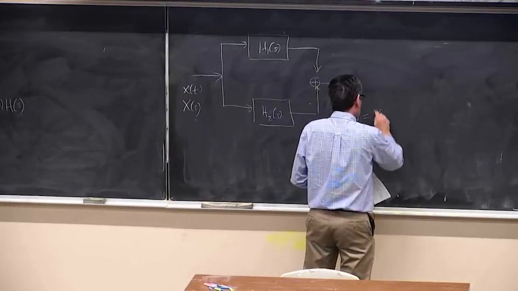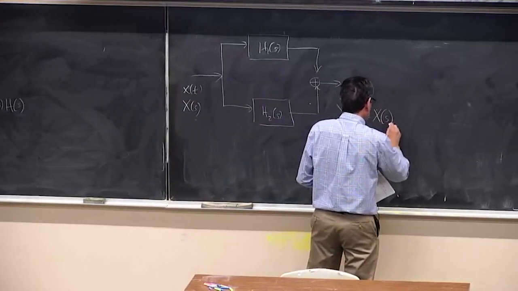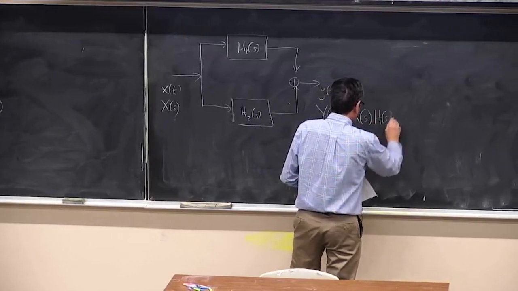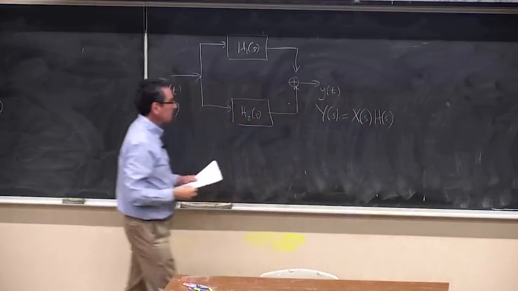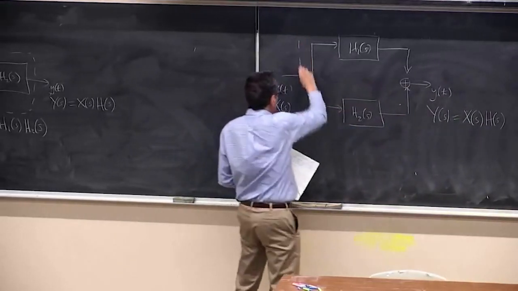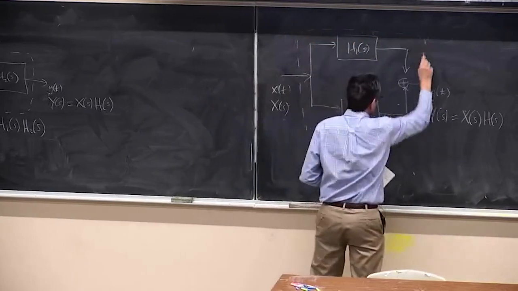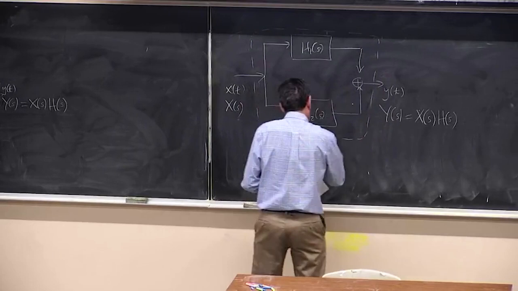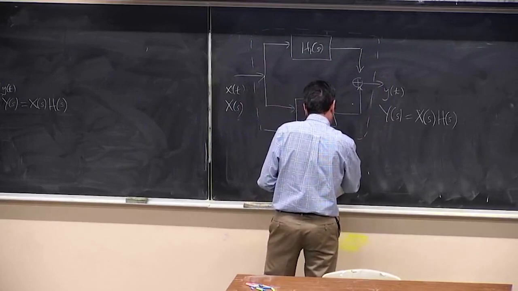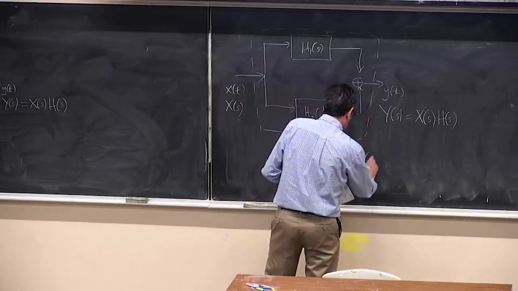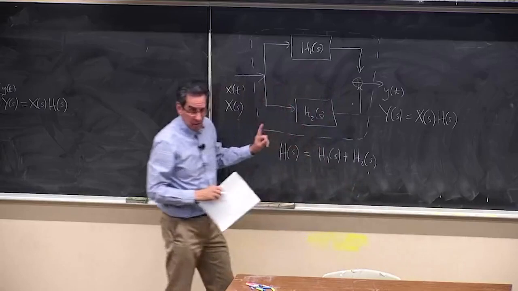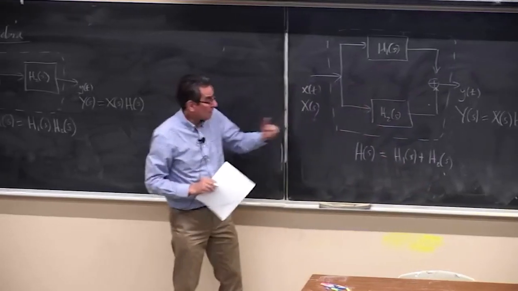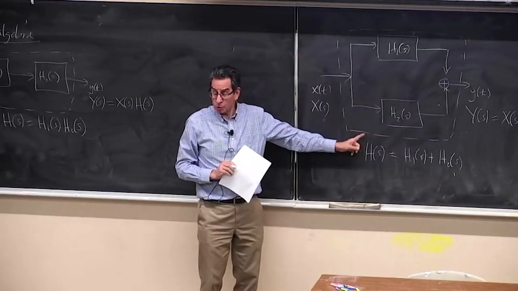We know that Y(s) is going to be X(s) times H(s). And what is the H(s) going to be for this whole thing? It's going to be just the sum. Now, I haven't said too much here about the regions of convergence, but because we're dealing with the convolution property,